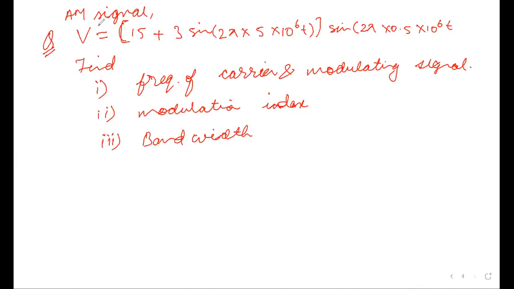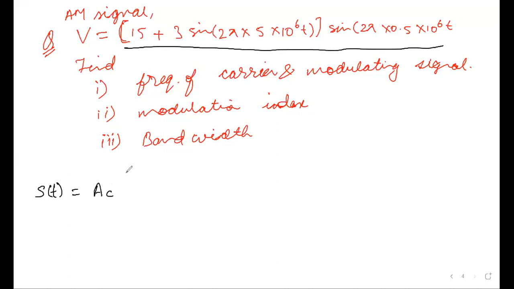Here it is just an amplitude modulated signal. You already know the very basic form of the amplitude modulated signal as what? We have already seen it: s(t) is equal to A_c (1 plus m_a